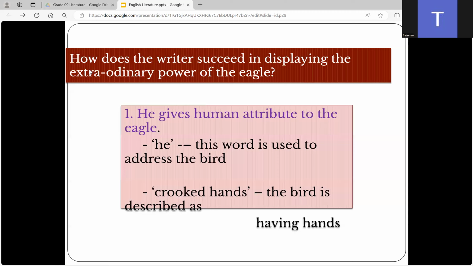Can you read the next question? How does the writer succeed in displaying the extraordinary power of the eagle? He gives human attribute